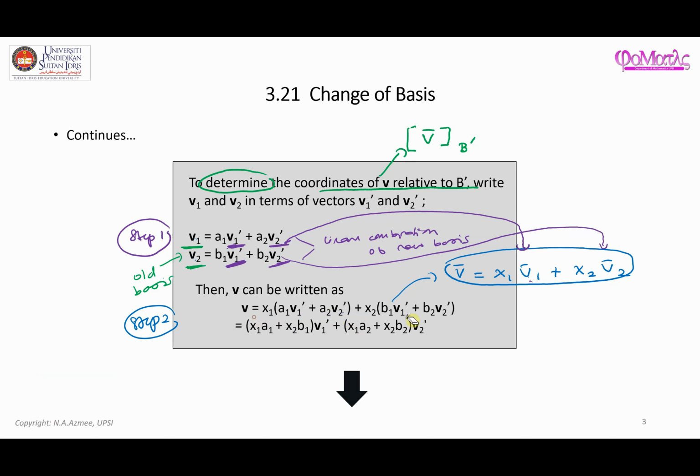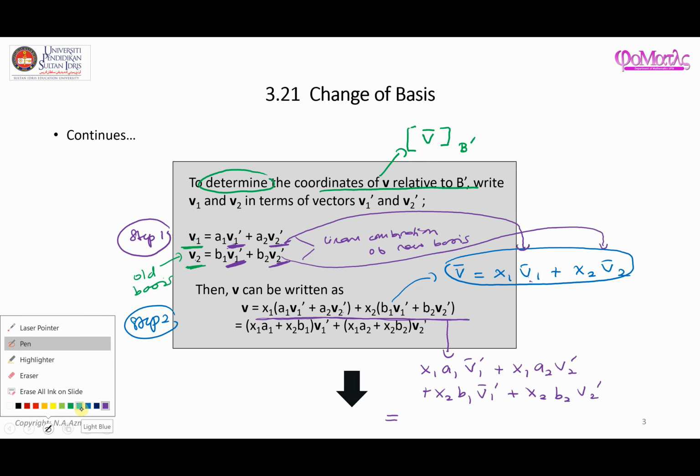So how to simplify that? Now let me just erase this. To simplify, based on this, we can write down x1 a1 vector 1 prime plus x1 a2 vector 2 prime, plus x2 b1 vector 1 prime, and then x2 b2 vector 2 prime. Based on that, we can separate them according to the vectors from the new basis. So we're going to group